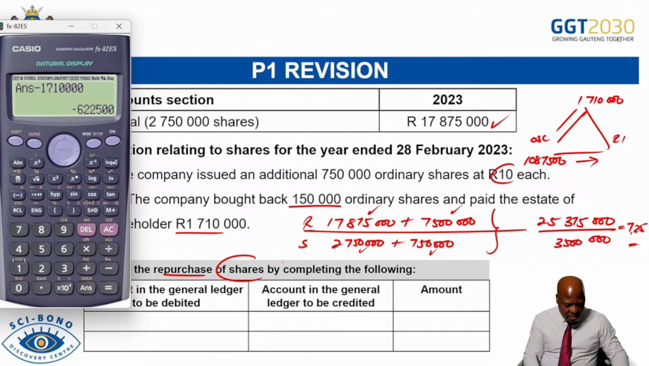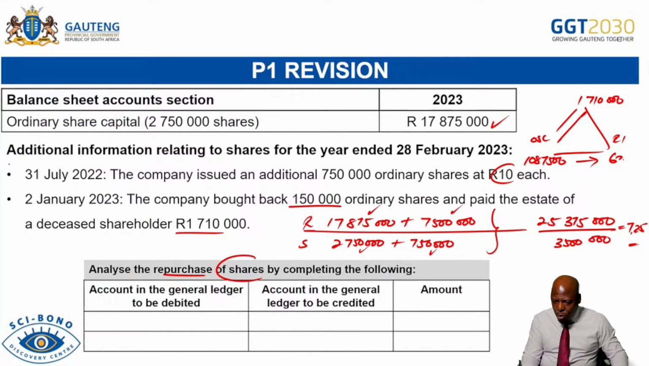1,710,000, and that's going to give me 622,500, which I bring here, 622,500. So in essence, I'll come here and then I'll say which account. I know when we repurchase shares we're going to credit our bank, so I'm crediting my bank here and debiting my ordinary share capital, and the amount is going to be